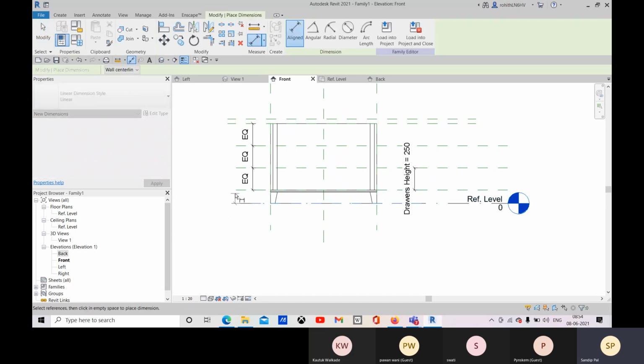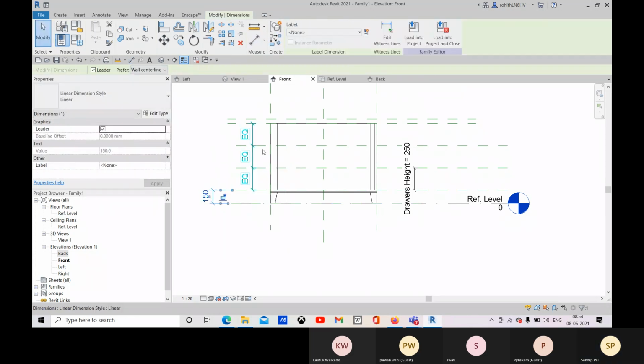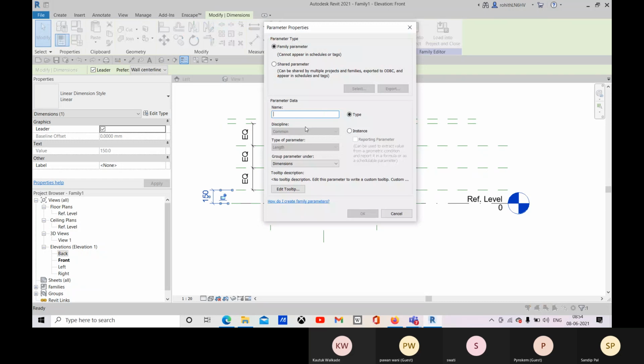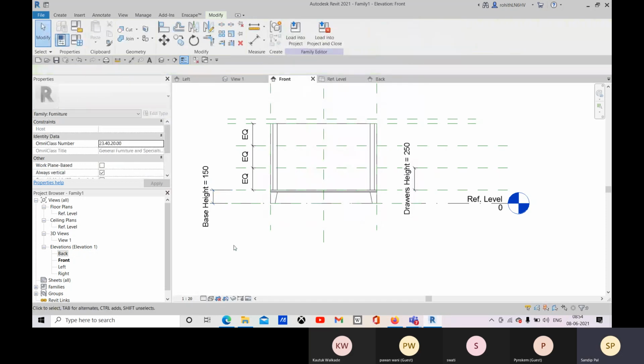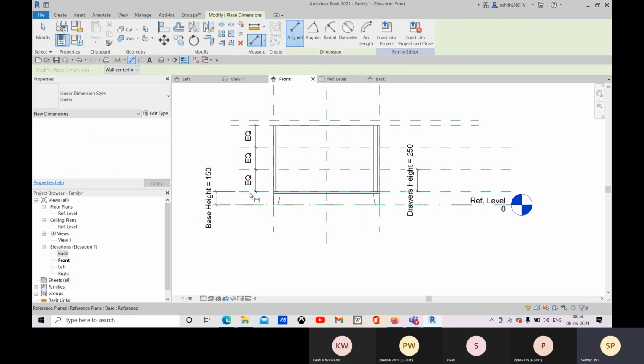Let me assign this as base height. Base height. Go for instance. Click on OK to the base height, and from here to here,